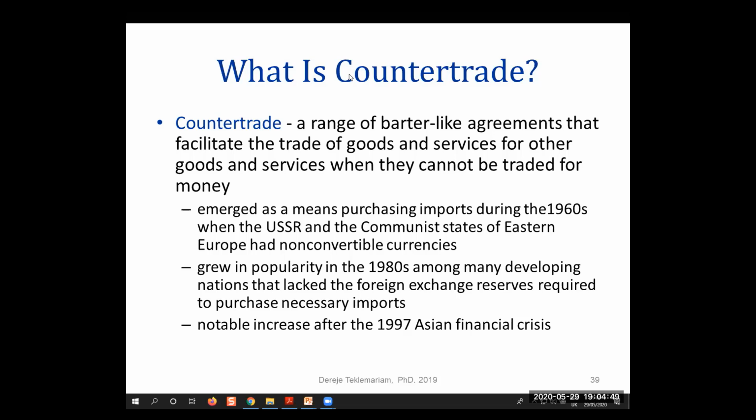What are the possible areas of counter trade in Ethiopia? And then where is the stage of counter trade in the context of Ethiopia? So the concept is like this: rather than using hard currency as a medium of exchange, this is like a barter,